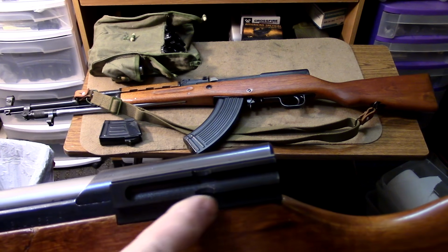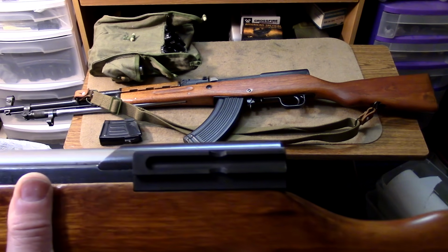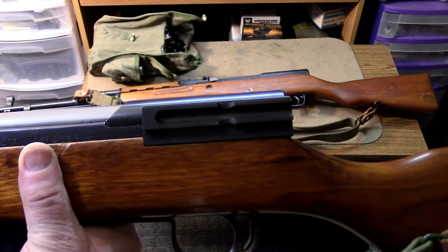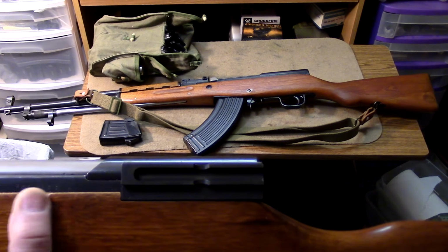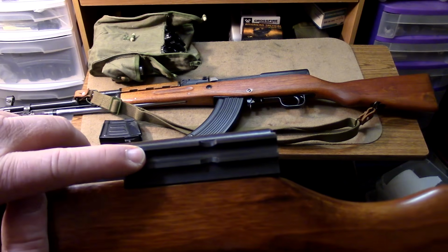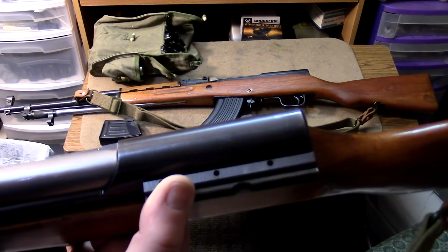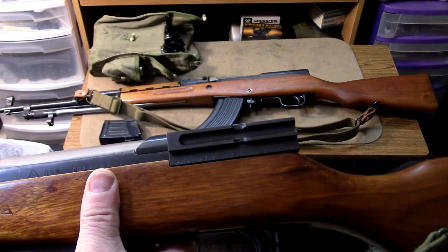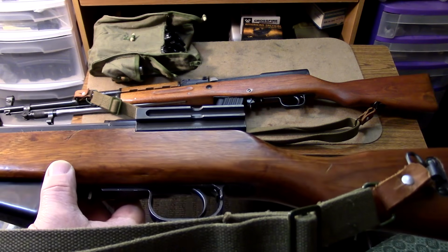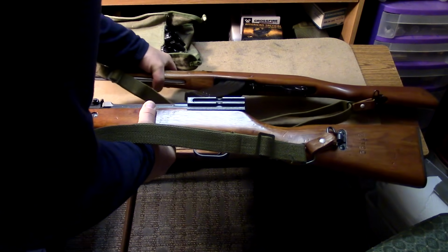Because there was never a mount made for that rail on these Hunters. Now if you could find a Cowboy Companion mount, there were rails also applied to those, and those rails could be modified to fit these. However, I could not find one, so what I did is I went to Molot in Russia, and they actually provide a mount that is almost a perfect fit for that. And you can see the set screws that hold it in place for the Hunter versions. They're listed for use with the Cowboy Companion, but it was a perfect fit on this, slid right into place. Let me move the D real quick here,